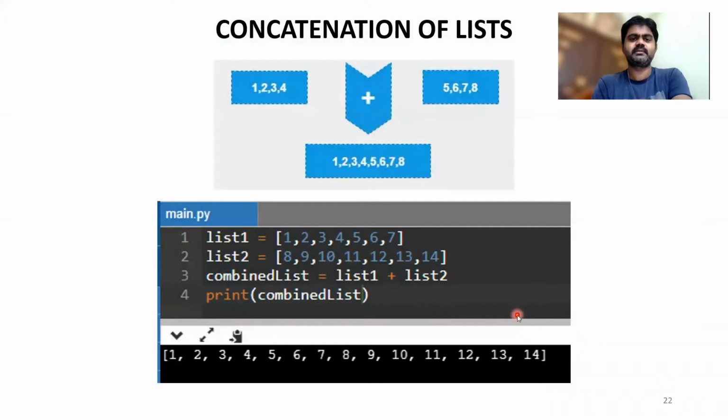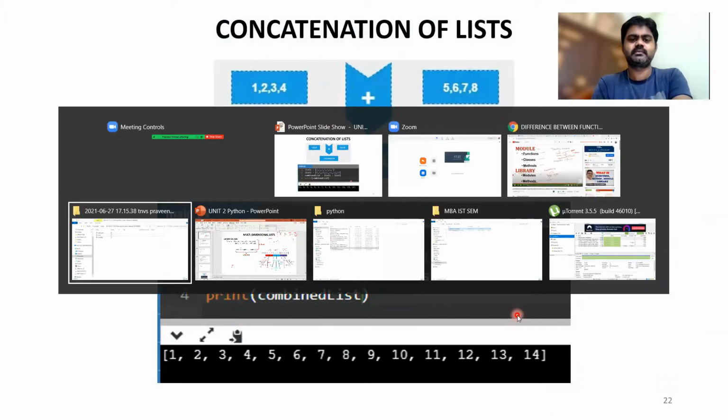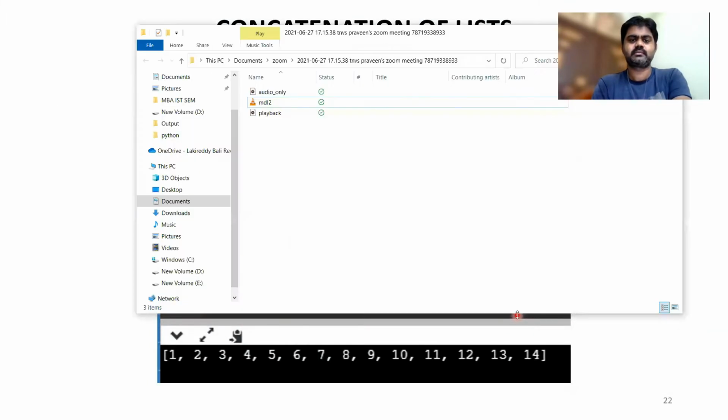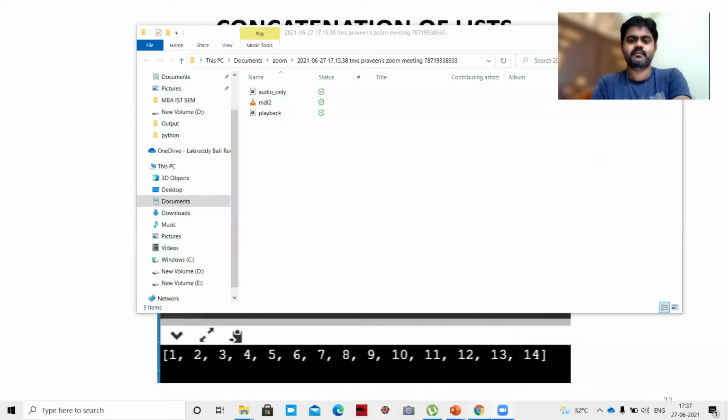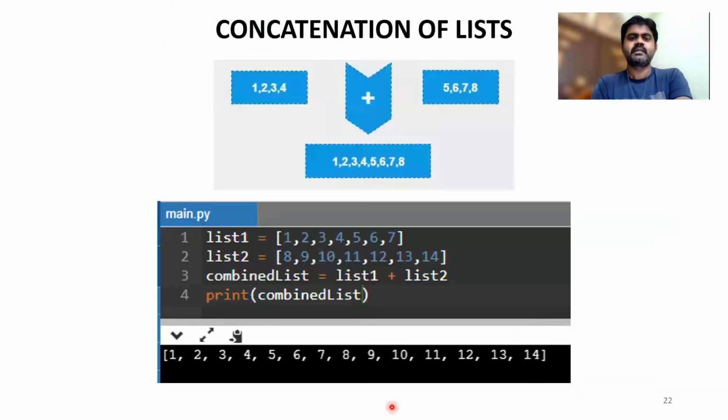For example, if I have list 1 equal to something, list 2 equal to something, then list 1 plus list 2 and printing that, we'll get a concatenation of two lists. So here the plus operator acts as the concatenation of two different lists.